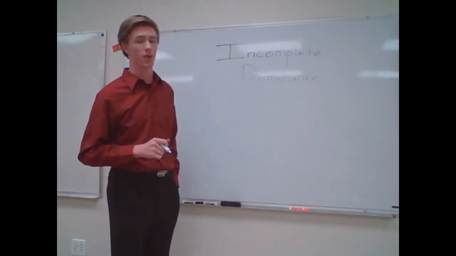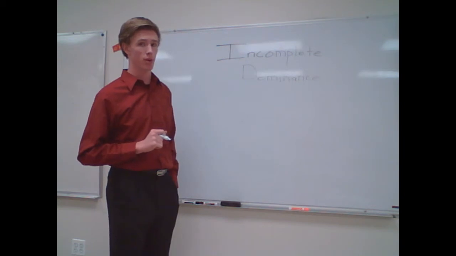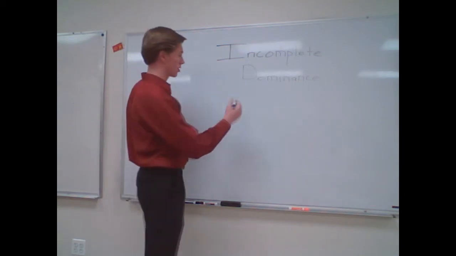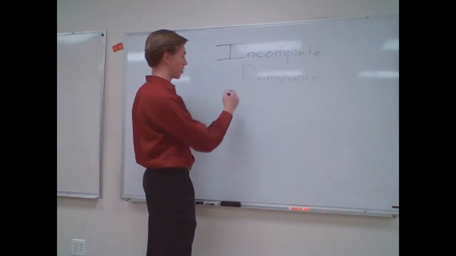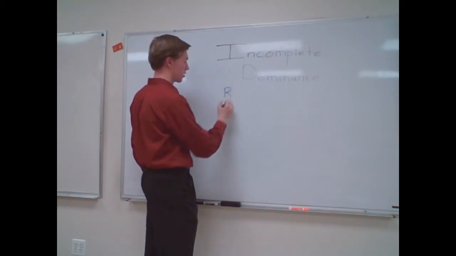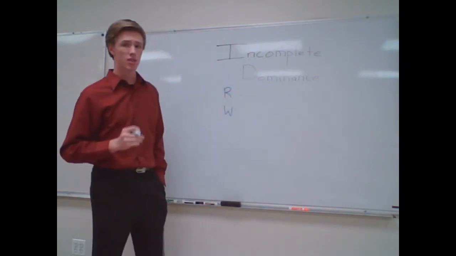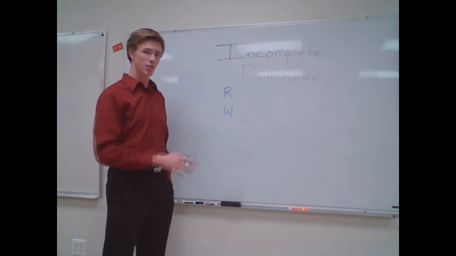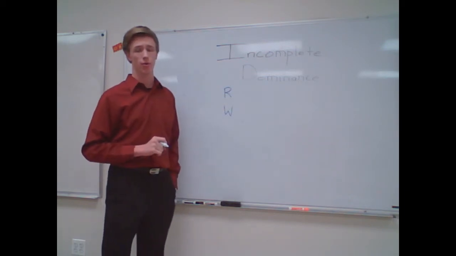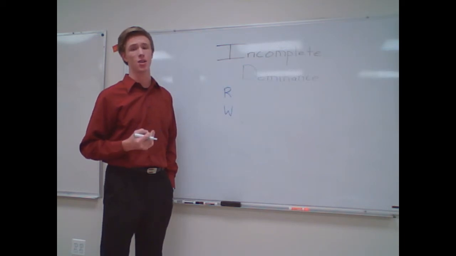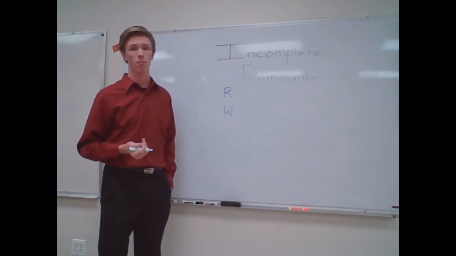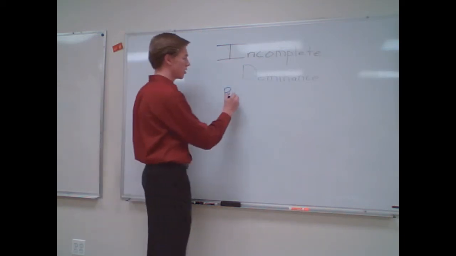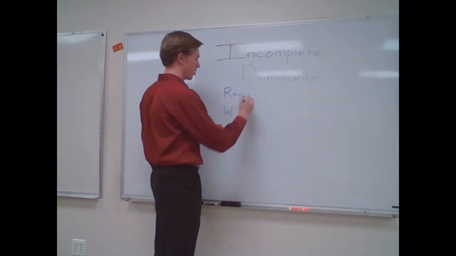Now, this is a little bit different because for incomplete dominance, let's use colors of flowers. For instance, in your book, it talks about a red and white flower. And you'll see in incomplete dominance and codominance, which we talk about next, what's different is you use two capital letters for these, because there's not a single recessive trait that won't show up. Instead, when we have red and when we have white,